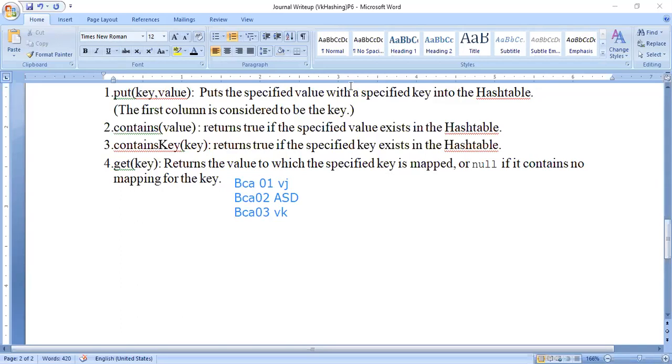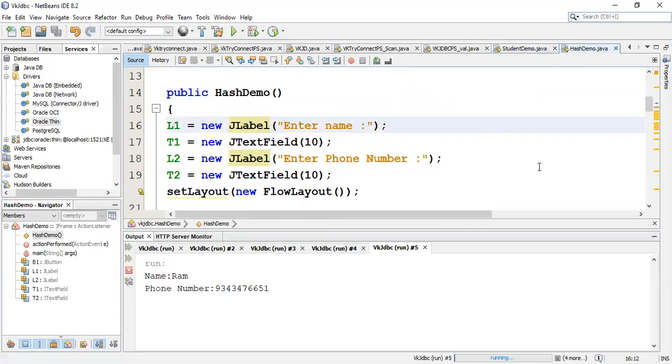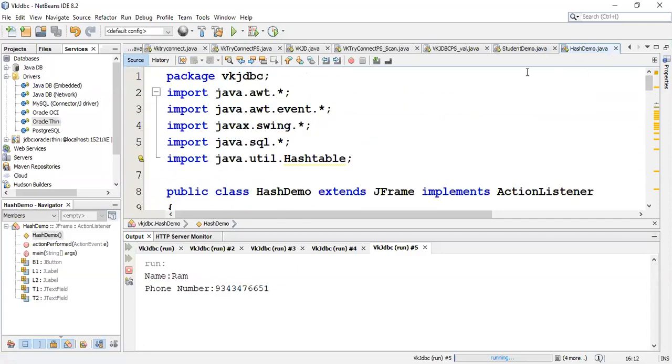So I will take you back to NetBeans, wherein I have executed that program. It is the same program. Our statement is like this. They have told us to store the value in a hash table and to create an employee table with again the same fields, name and phone number, and it should function the same, but store in a hash table. If I give name, it should retrieve the phone number. If I give phone number, it should retrieve the name, same like our previous journal program.